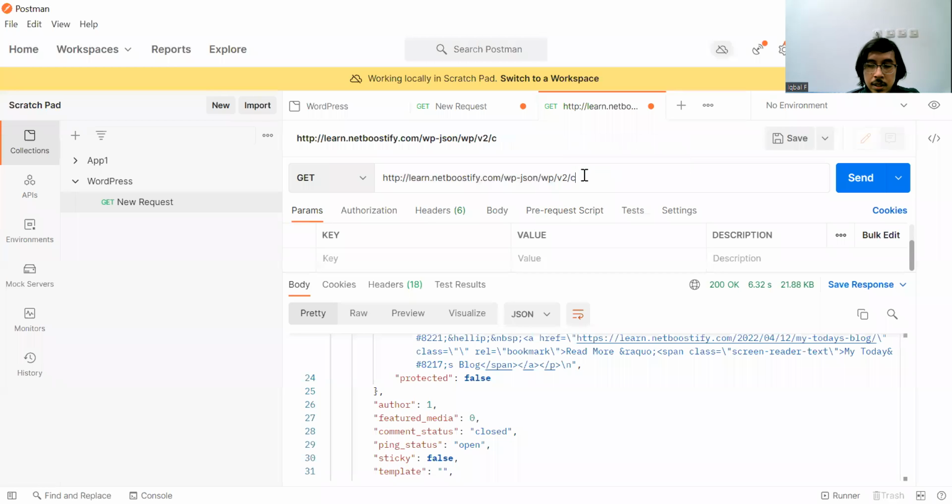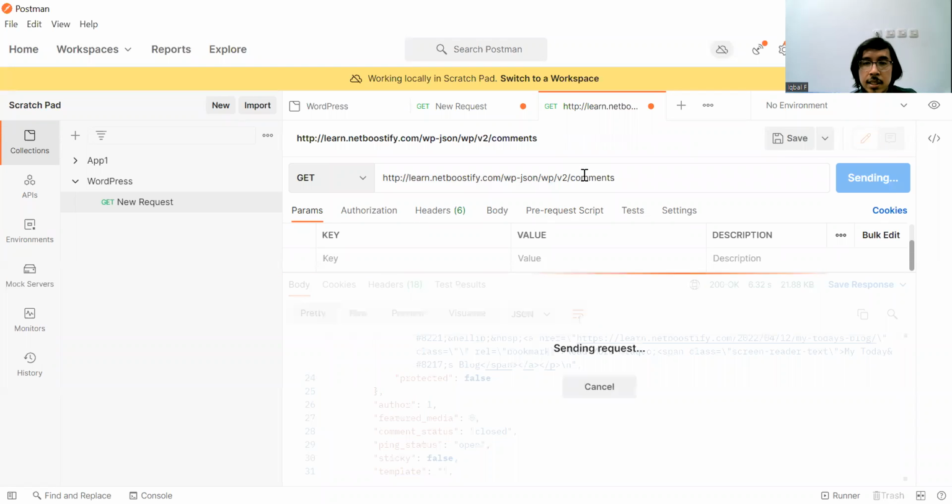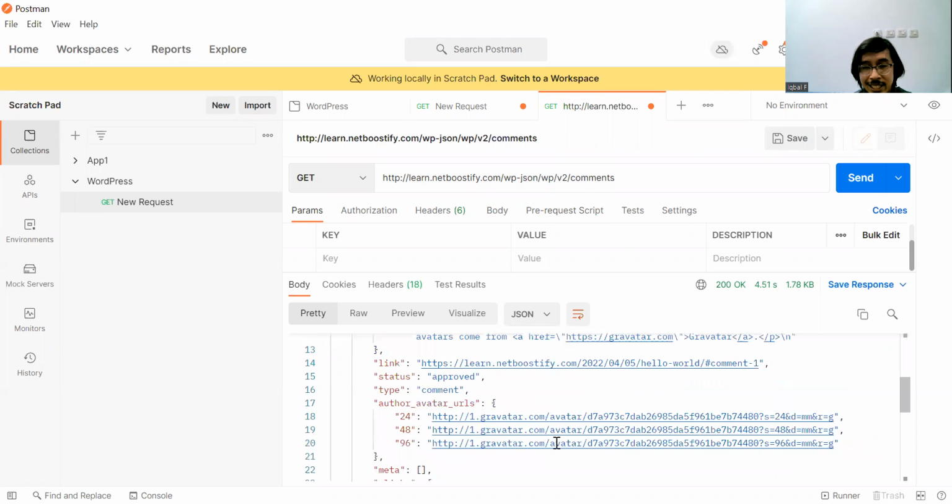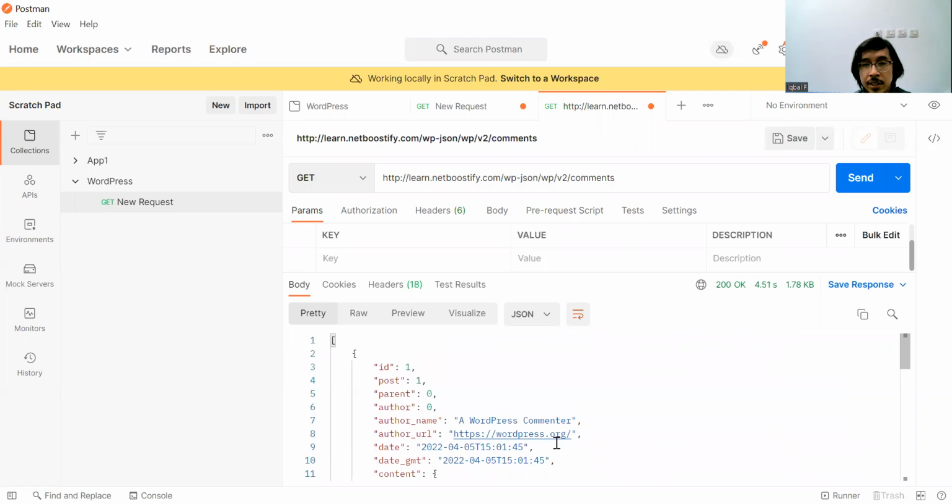For example, the comments. Okay, so here we are accessing the comments. Because this is only a learning application, I only have a single comment, and it is from the WordPress commenter here. So we have a comment accessible here.